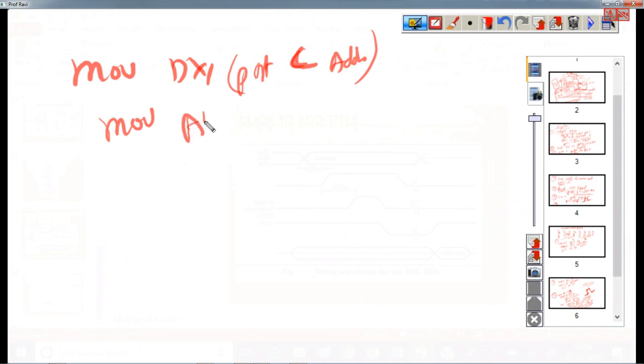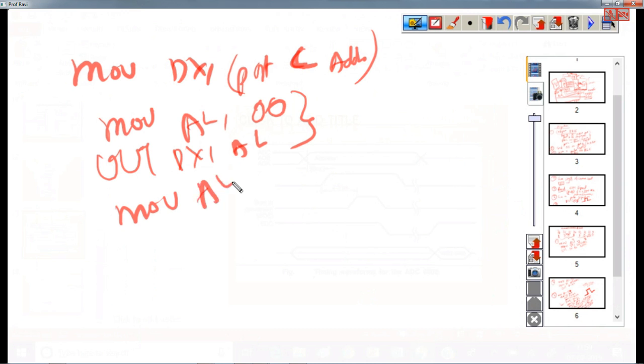So move al comma 0 0, and out dx comma al, and move al comma 0 1, and out dx comma al,